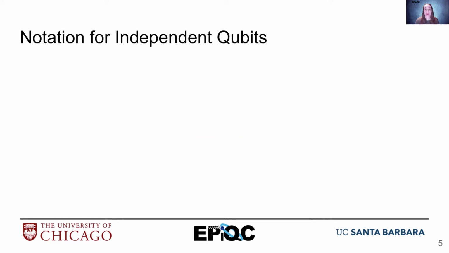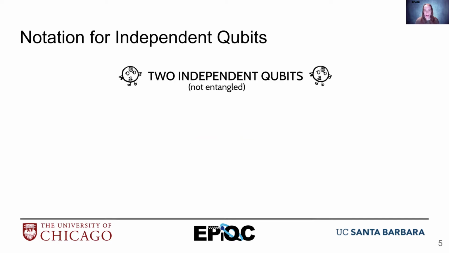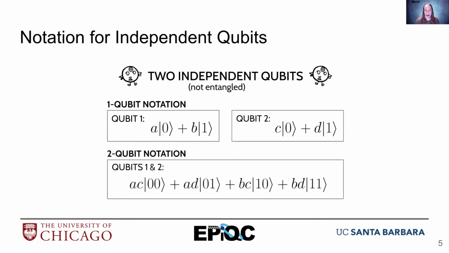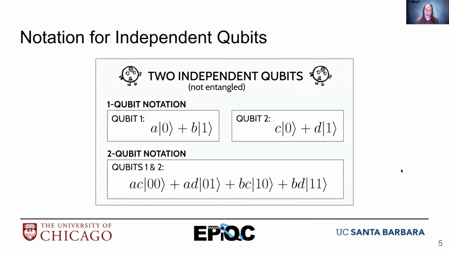Okay, so let's look at it for qubits. So I have 2 independent qubits that are not entangled. So those would be A and B, and then C and D. And then in qubit notation, I just multiply. I multiply A and C for the probability amplitude of 0, 0, A and D for the probability amplitude of 0, 1, B and C for the probability amplitude of 1, 0, and B and D for the probability amplitude of 1, 1. And remember that order matters here. And so we take the qubit 1 on the left, and that one's going to be first in each of the pairs, and then we have our second qubit that's on the right. So this is the tensor product.